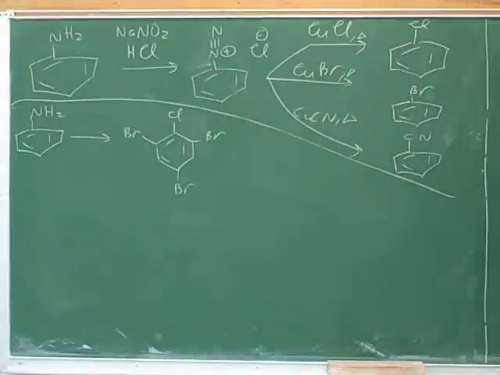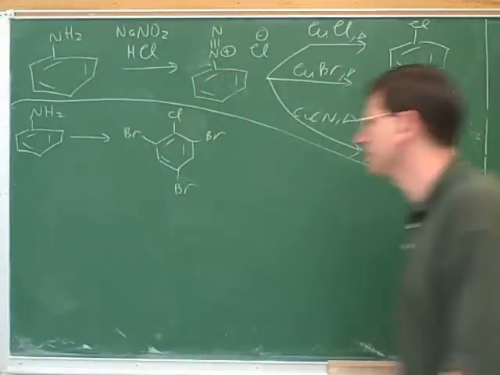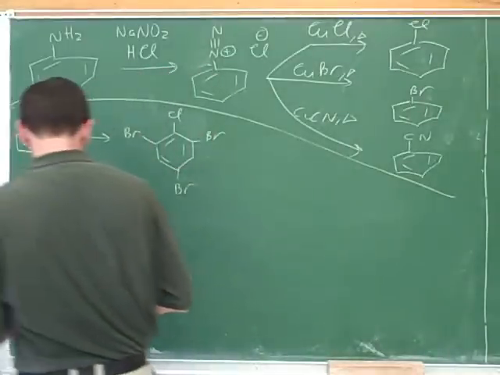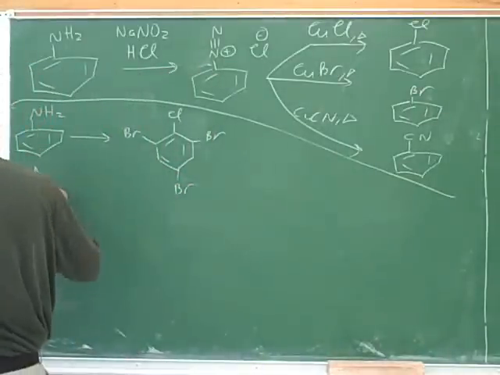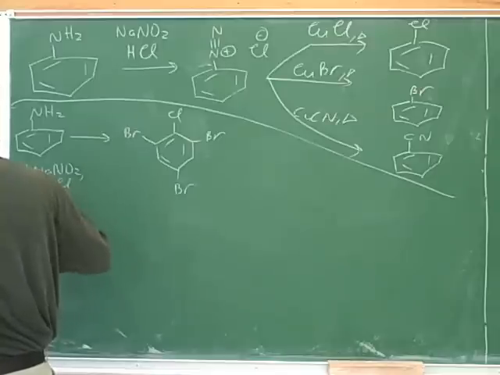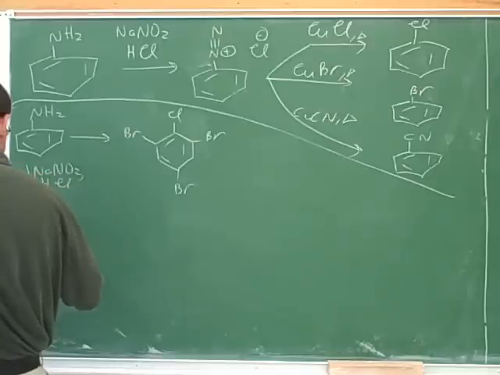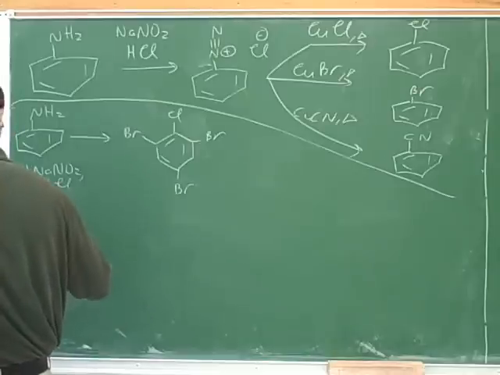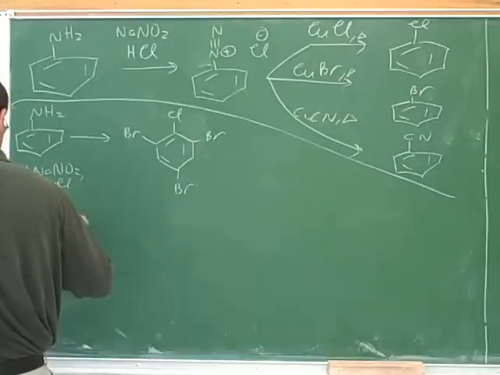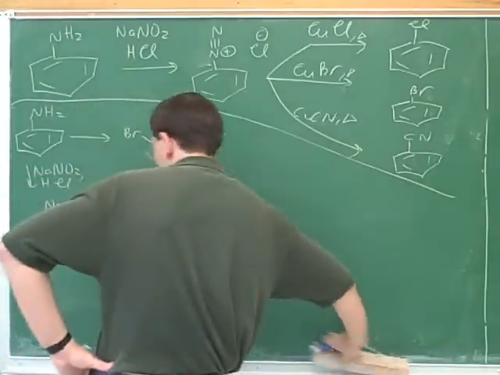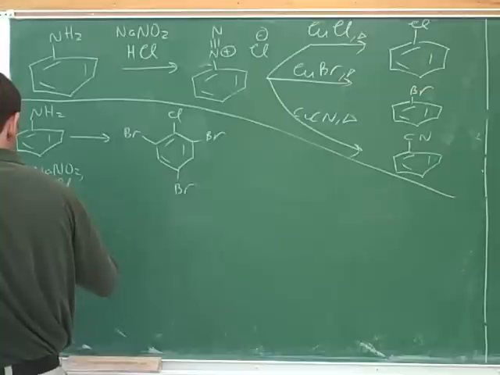What do we do first here? We would add NaNO2 and HCl. And that gives us the diazonium. And then add,